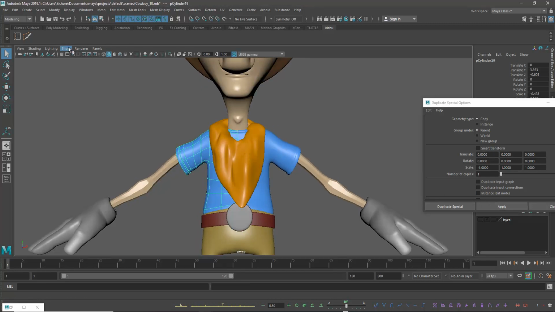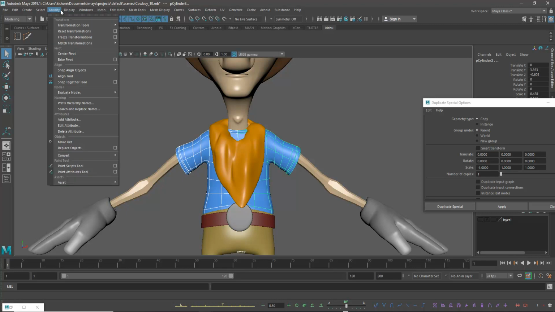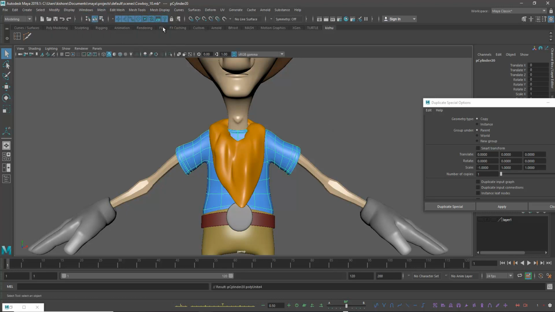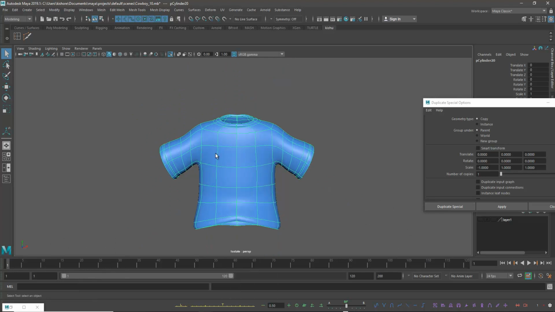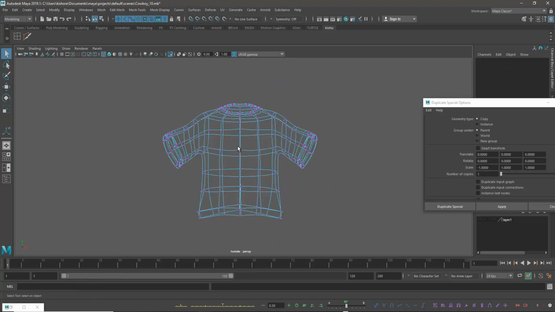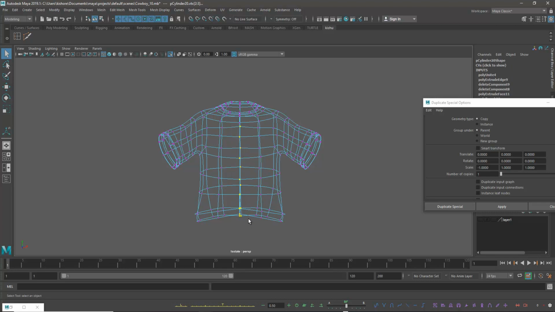Fine. Mesh combine. Then select all these vertices.